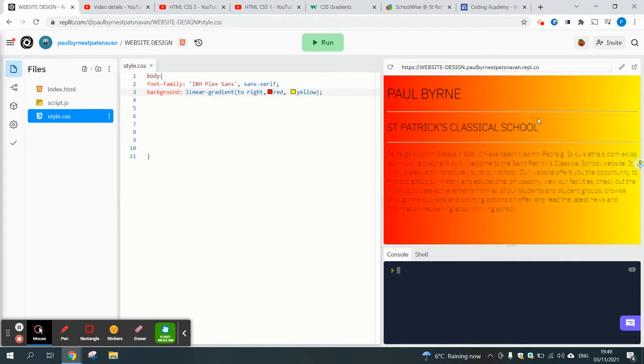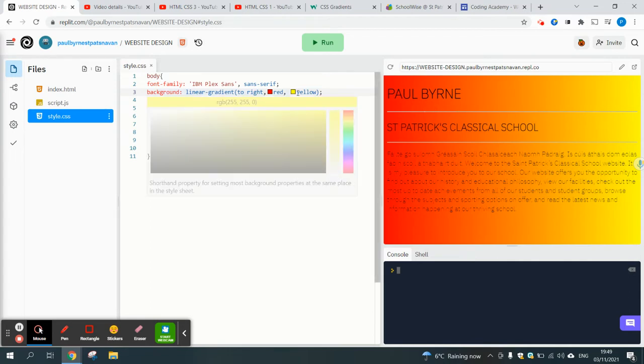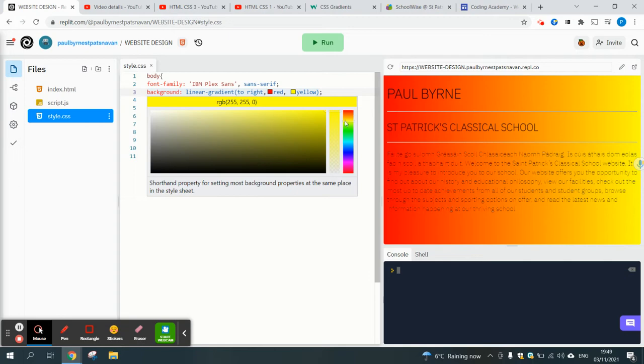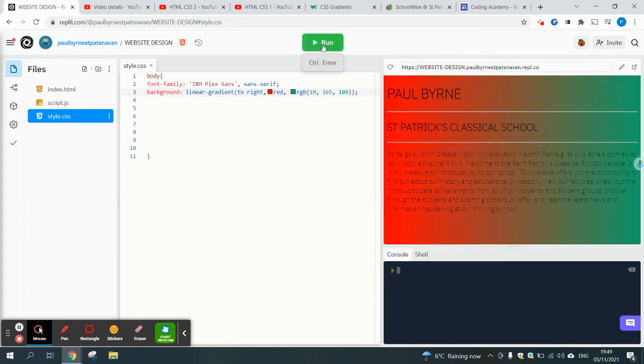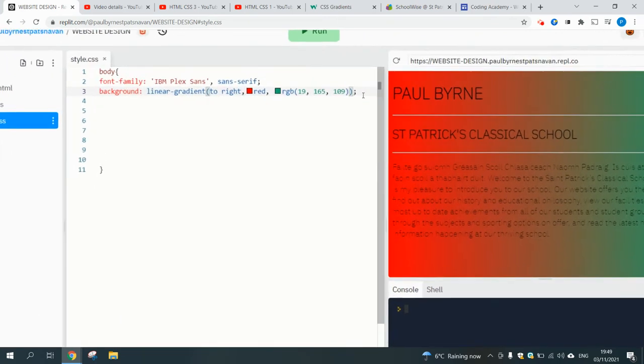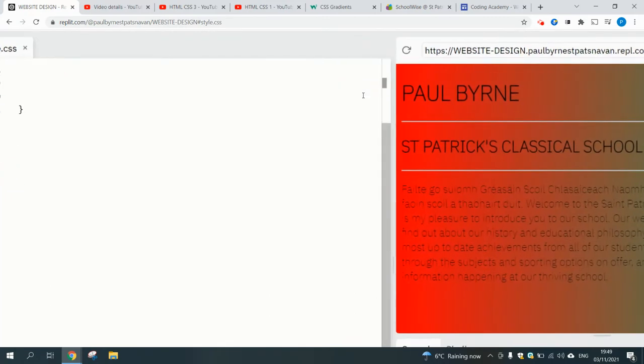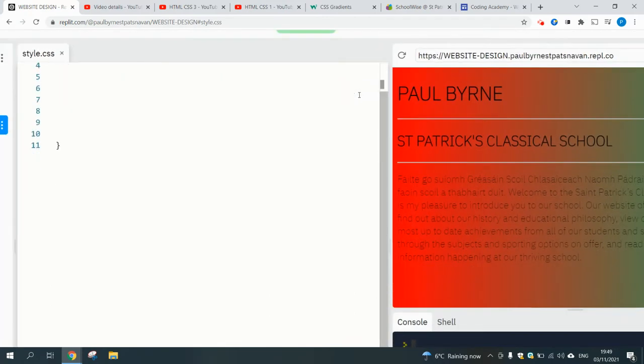That means it grades it from, in this case, red to yellow. Of course, you don't need to use red or yellow. If you hover over it or if you type in a specific color, it should give you a different color anyway. And if I press run again, it'll have changed that color. If we want to put in more than one color, let's say I wanted another color in here, what I would do, so I'm just going to zoom in so you can see it, what I would do in that case